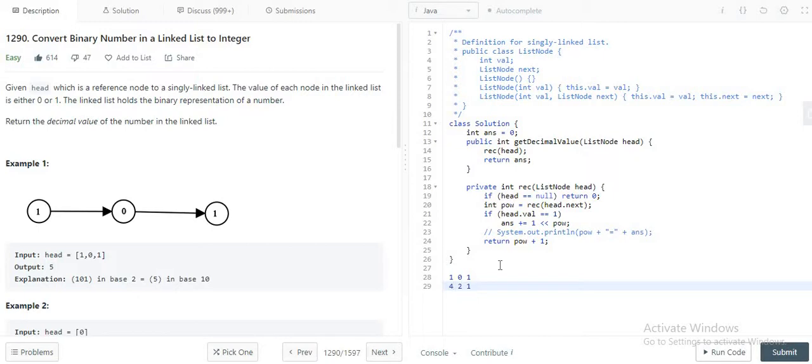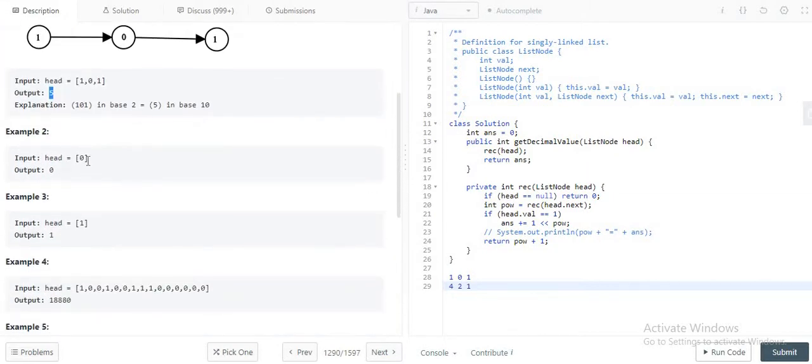Okay, because it is a binary string. So basically the active bits, if we take from the leftmost, that is active, and this one is active because its value is 1. So 4 plus 1 gives you the result 5. So that is the output.